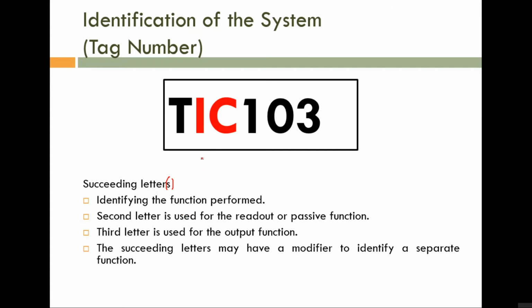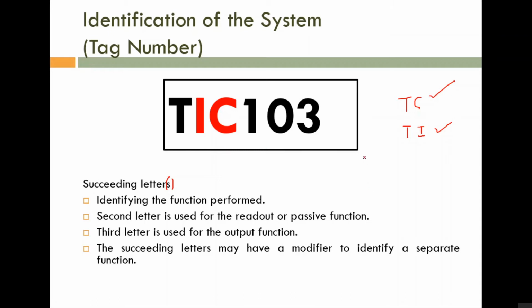Normally if you have two letters, in some situations you can see only TC. TC means temperature controller. In some situations you can see TI. TI means temperature indicator. In the first case, the instrument is used for temperature purpose, that is the first letter T, and it is used for control action. Now here, this instrument is used to indicate temperature. No other purpose.